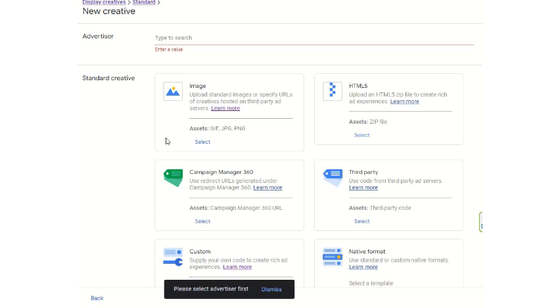going here, but you have to select an advertiser first if you want to add a creative to a particular advertiser. You can add an HTML5 creative. HTML5 creatives are also used for running video ads, if the video ads are not being run through a third-party tag, or, you can say,